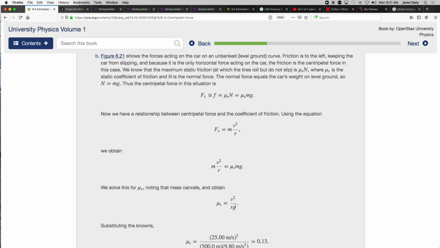So for any given turn, you can calculate what the static coefficient of friction should be between the tires and the road, right? It doesn't matter what the mass is. You just need to put a particular static coefficient. And this is why they can put signs on the road that say this turn is 25 miles an hour, right? Because it's the same for all cars. And all cars are designed so that they have a minimum amount of static friction between their wheels and the